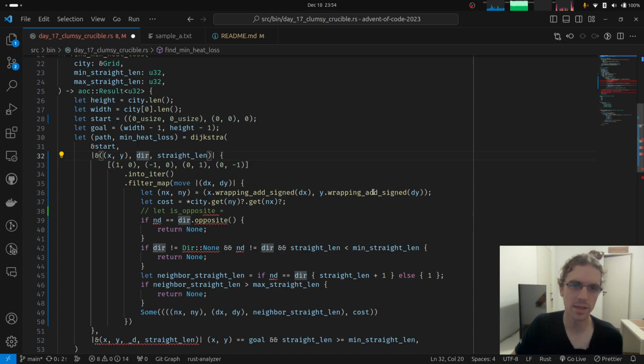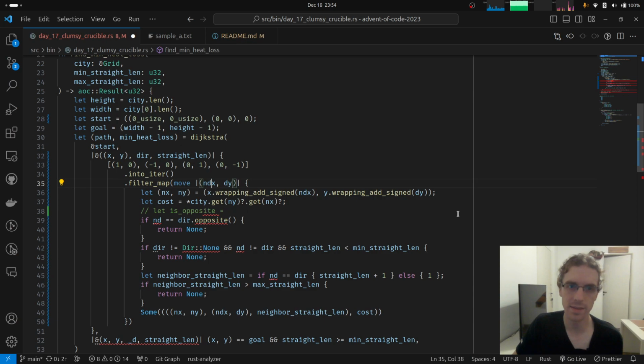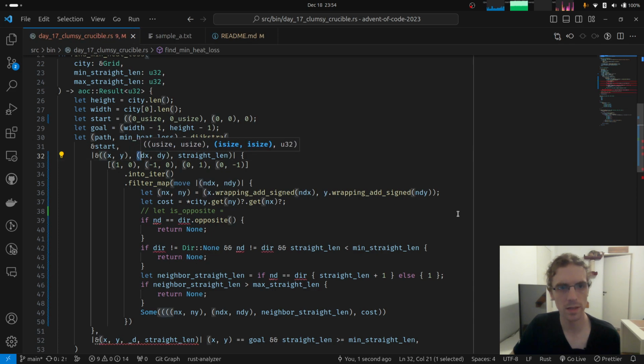The other possibility would be calling this thing neighbor dx, which is already a pretty horrible name. But let's go with it. Let's try it out and see what happens. So instead of direction, we're going to have dx and dy. So this is the position xy and direction dx dy.